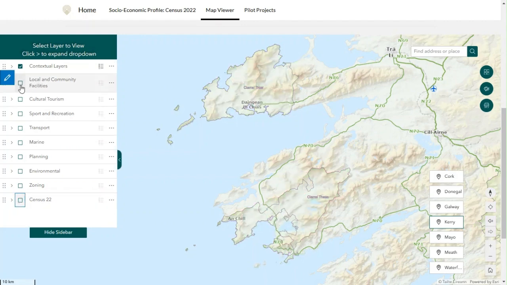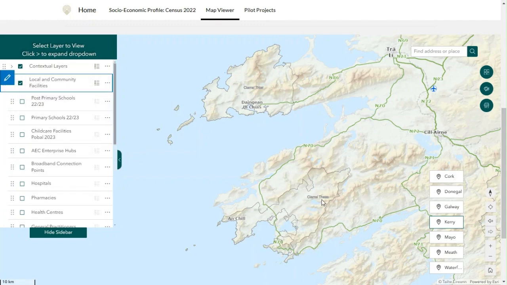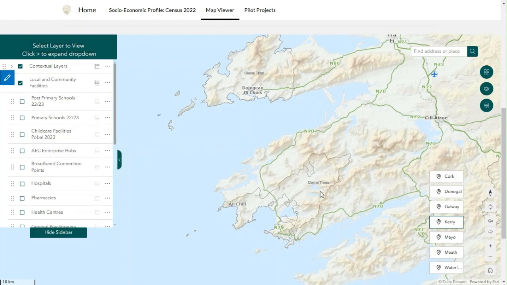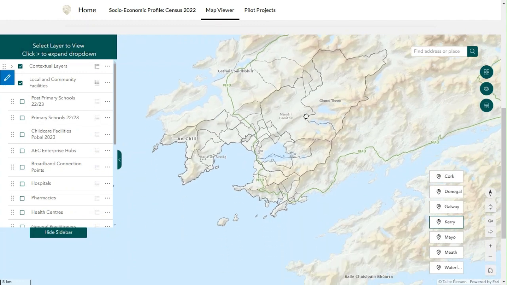But what's really useful here, and which has completely changed the data availability across Udaras, is the work that's been done to bring in all of the different open data services from other organizations across the country. So using GeoHive open data, National Parks and Wildlife, Fáilte Ireland, Sport Ireland and so on, very quickly, while previously they didn't have much data at the local level, we can now turn